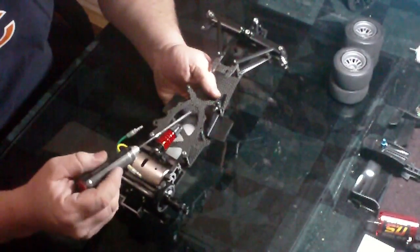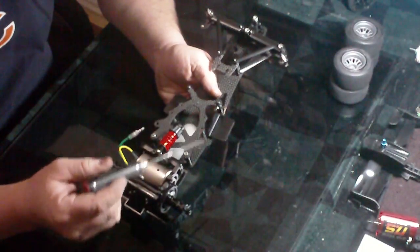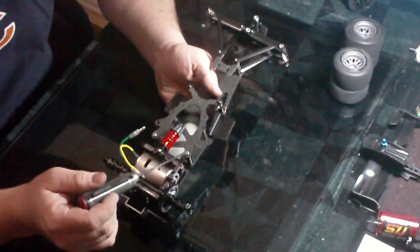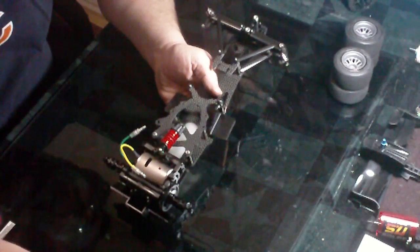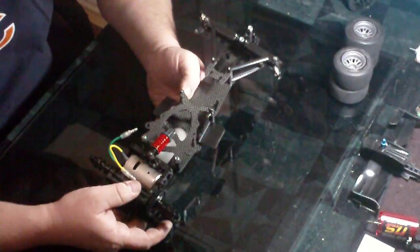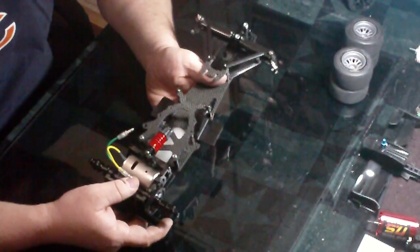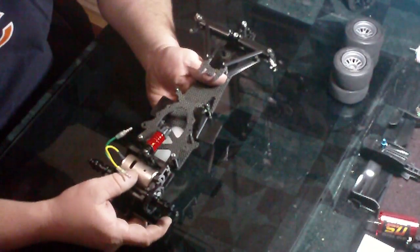Now you could also just run these, or you could run nothing at all, besides these two screws to hold the shock basically in place. I don't know what's going to work best necessarily. I will say that generally with the F103,